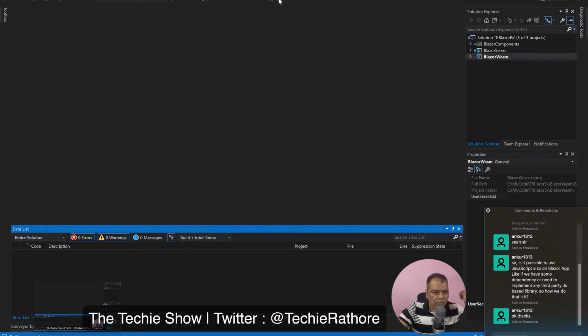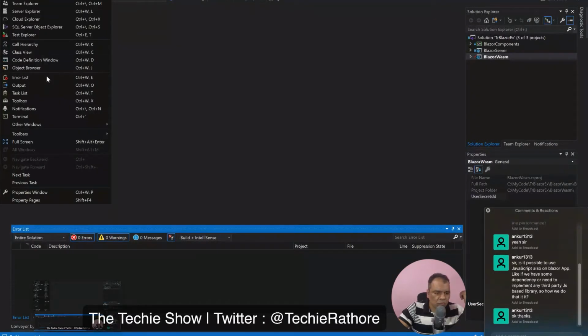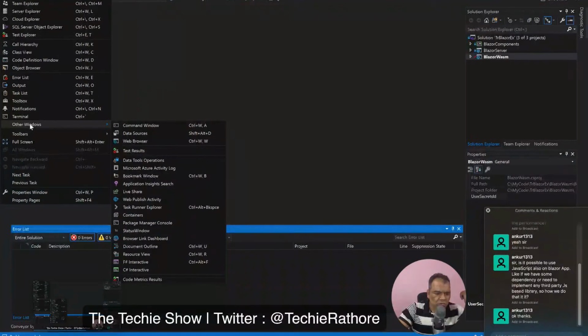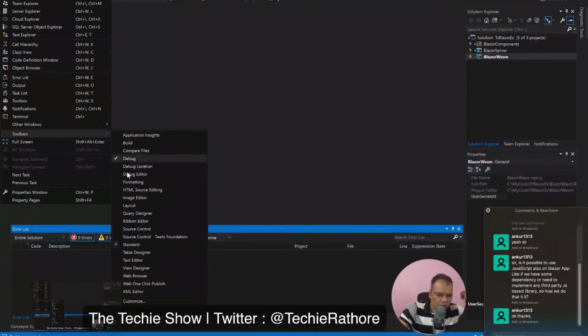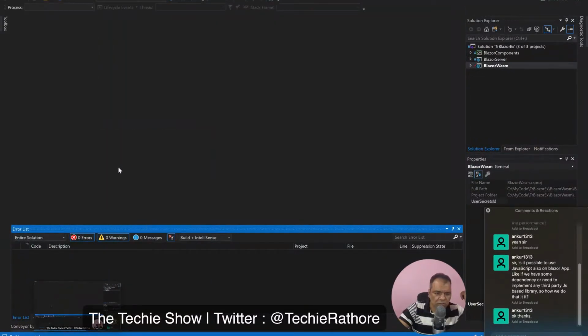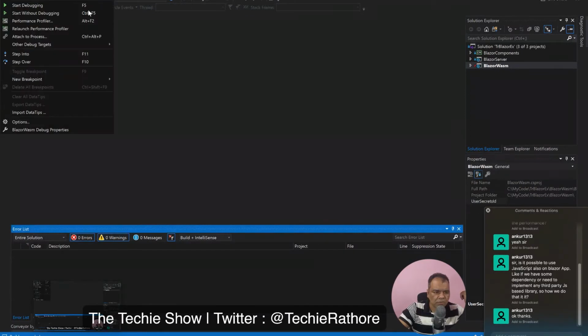I think I need to go to toolbars, debug, debug location. Okay, no. There used to be a toolbar where I can set up this thing.